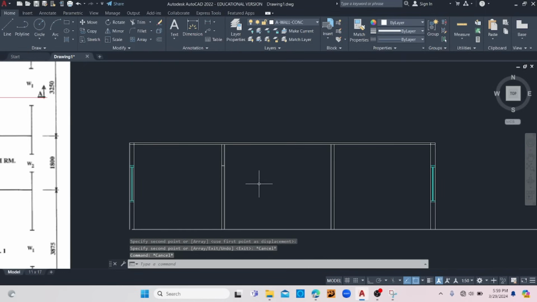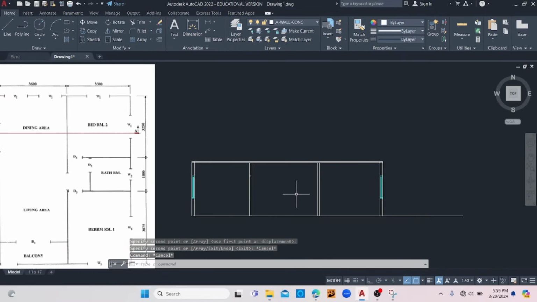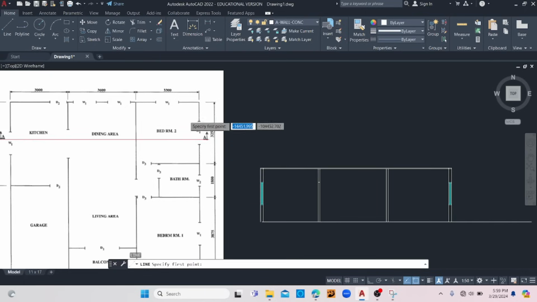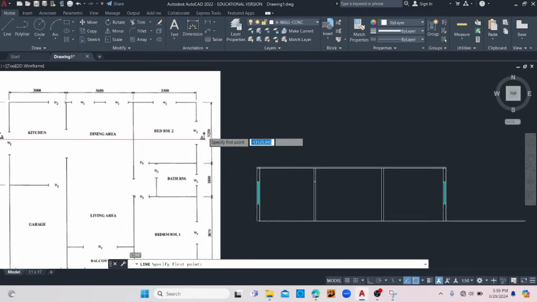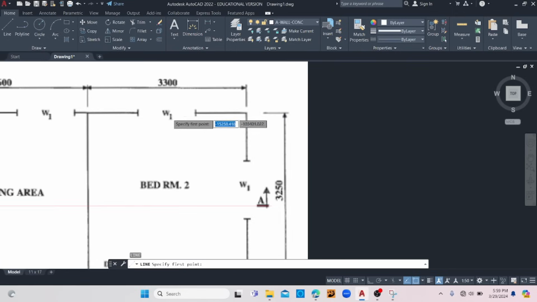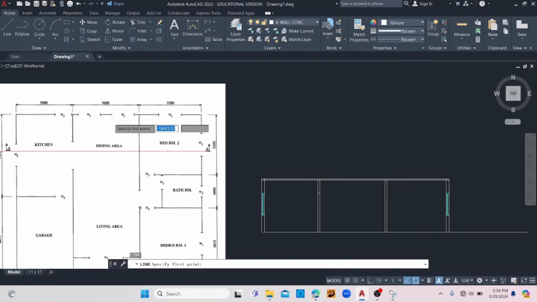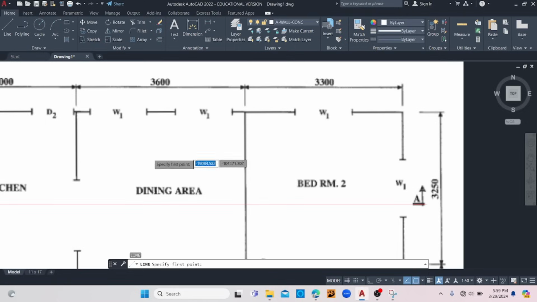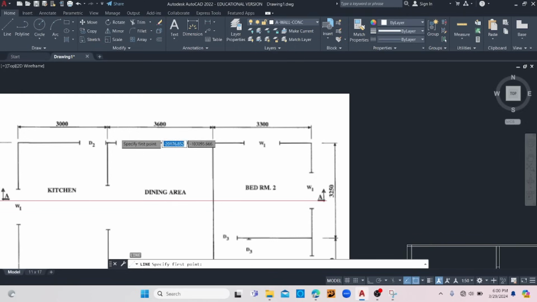Alright, there you go. Now once that is in place, the only thing that we need to do is check to see where the other windows are. Now there are windows in the background, as you can see here. So if we cut here and we're looking in the direction of the arrow, it means that we'll see this window in the background in bedroom number 2. We'll see these two windows in the background in the dining area, and we'll see this door here in the background in the kitchen area. So let me draw these elevation windows, alright, the W1 window,